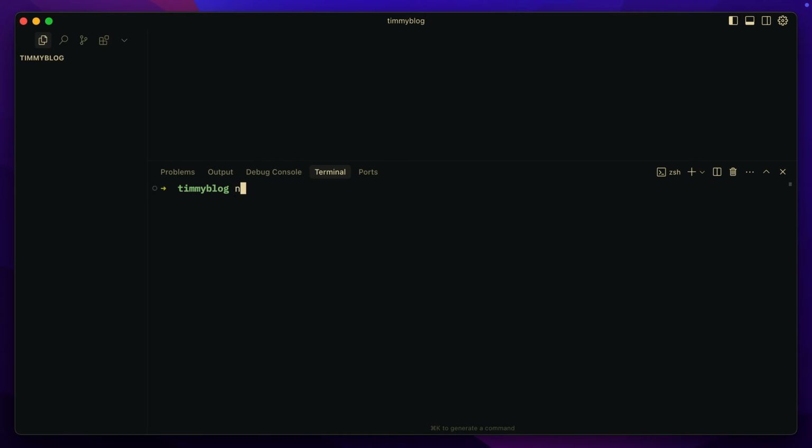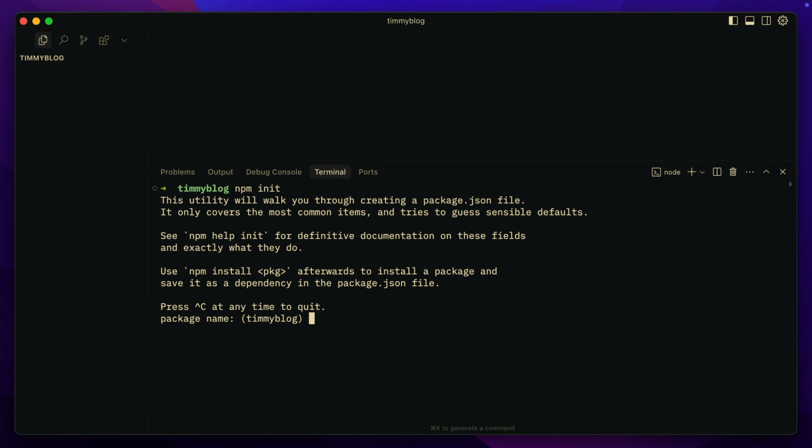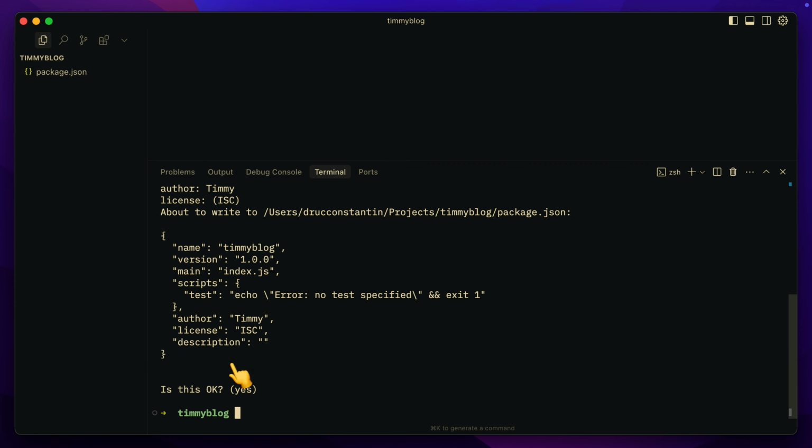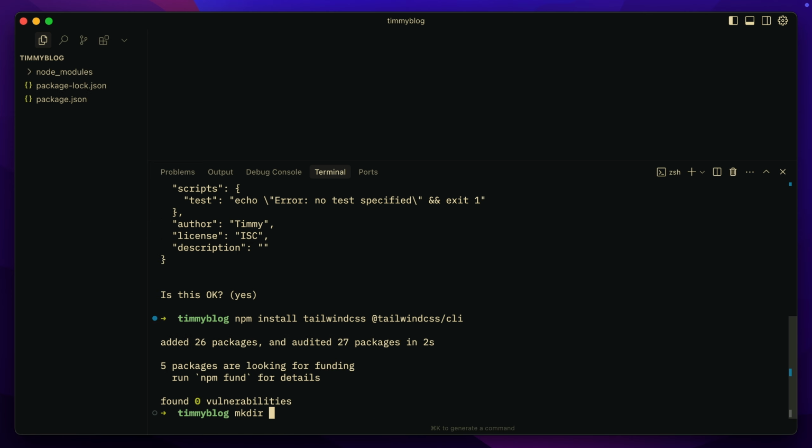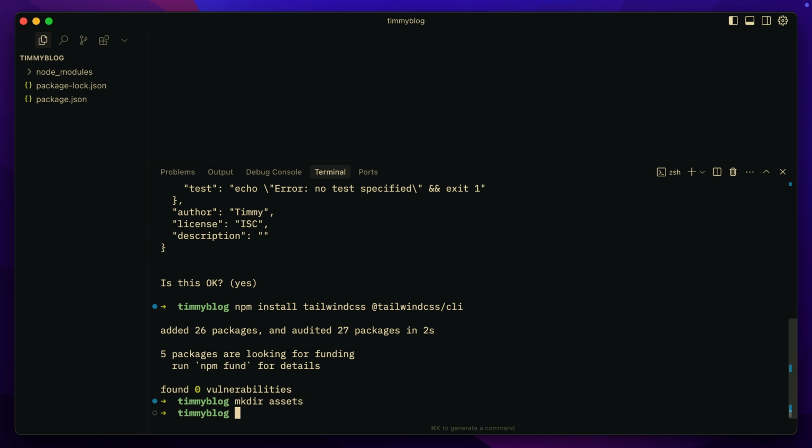The first thing we're going to do is initialize a new npm project. I don't really care about any of these, so I'll just keep hitting enter until it goes away. At the end, you should have a package.json file in place. Next up, we'll npm install the TailwindCSS and TailwindCSS CLI packages, and then create an assets directory in which we'll